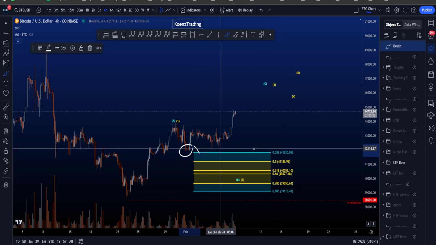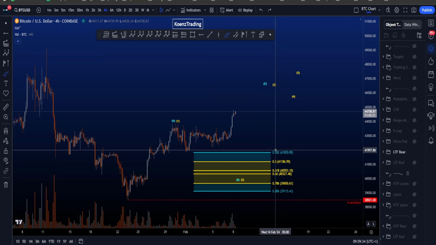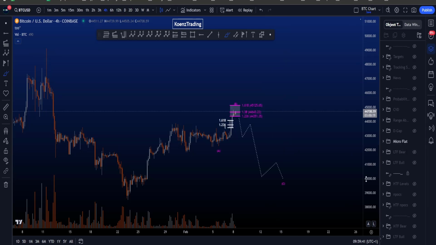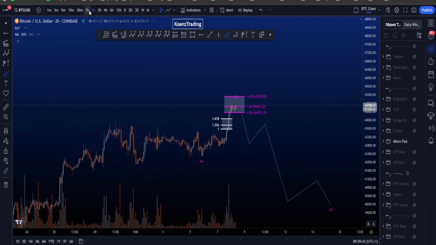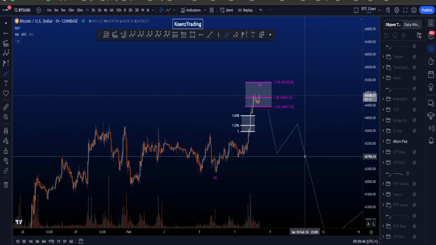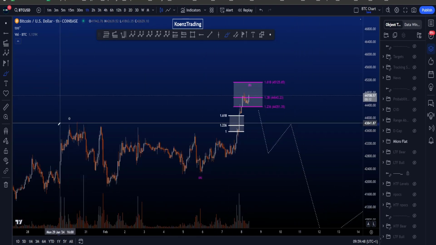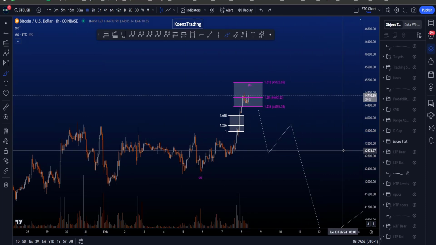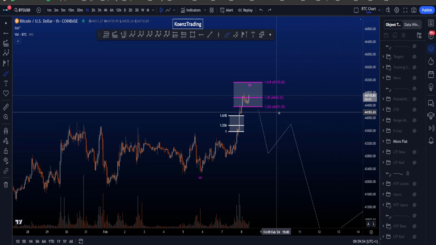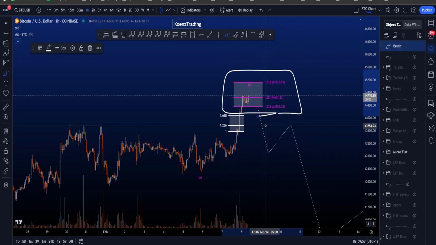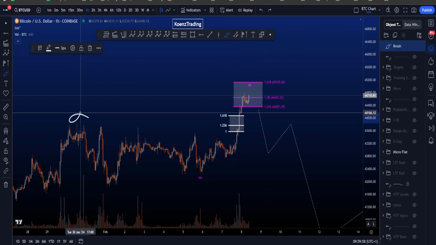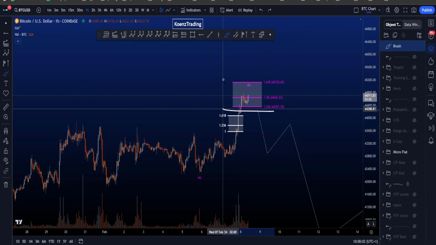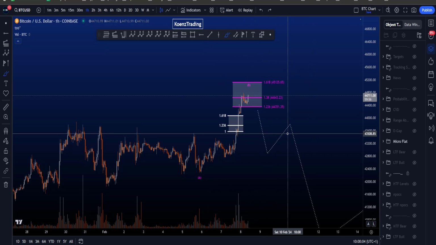This low here just missed out on hitting the 0.382, which is not common to see a continuation without at least hitting the 0.382, so this is something that we do have to keep in mind. If we then look at the flat structure that could lead to lower prices inside the target box that I just mentioned, we are looking for a wave A, B, and eventually a 5-wave structure to the downside in a wave C. Currently, price is ranging over here in the common target area for a wave B, which is taken from the high to the low of wave A, giving us a target area between 44.3k and